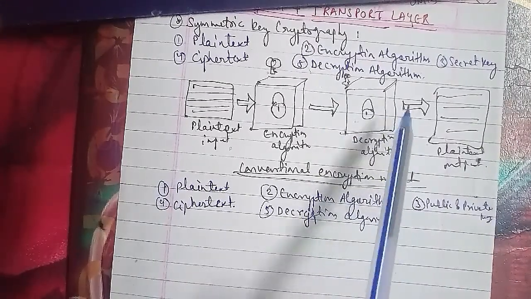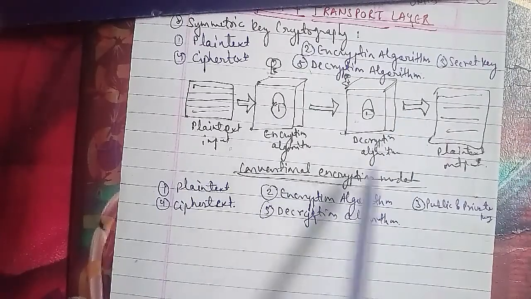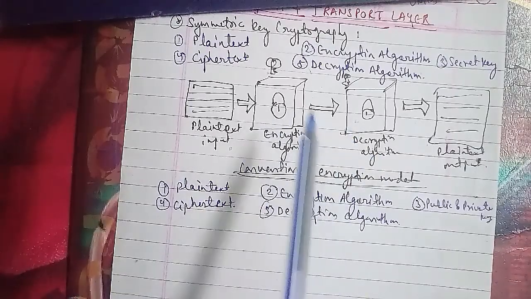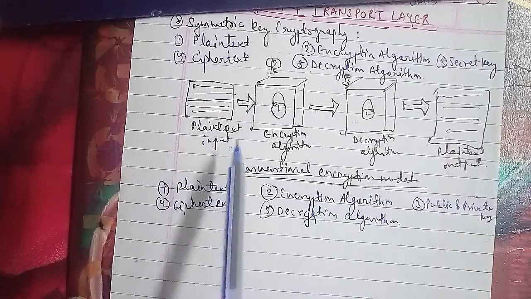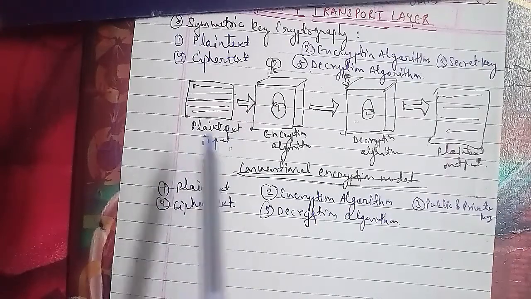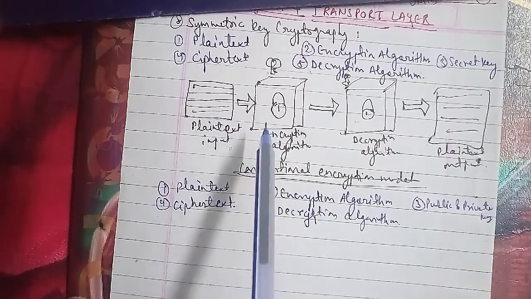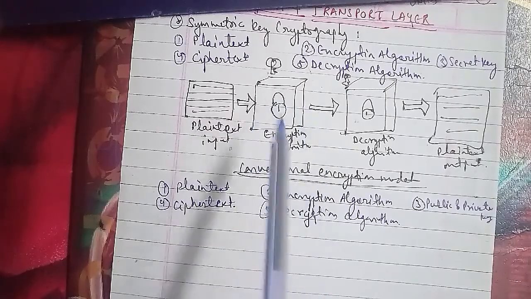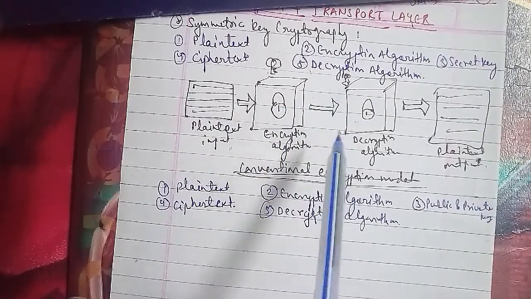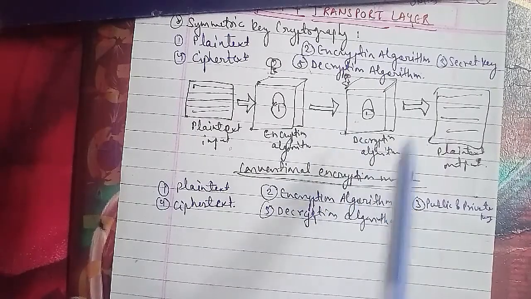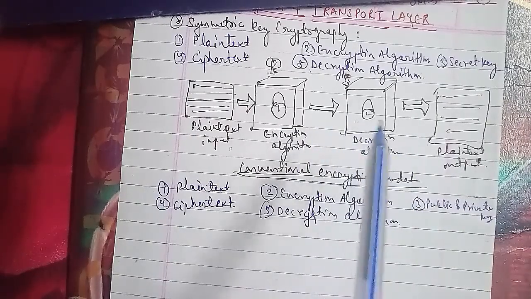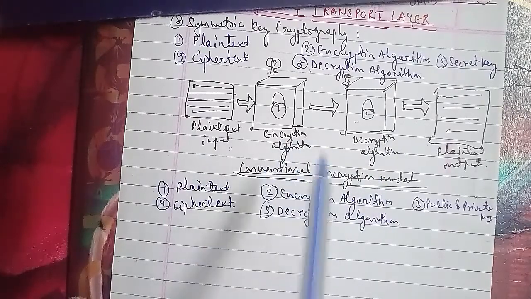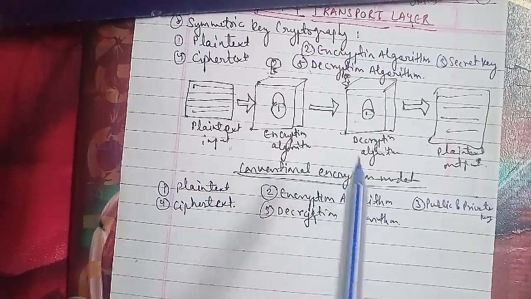The essential steps are the following. Each user generates a pair of keys to be used for encryption and decryption of messages. Each user places one of the two keys in a public register, and this is the public key. The companion key is kept private. If Bob wishes to send a confidential message to Alice, Bob encrypts the message using Alice's public key, and Alice decrypts the message using her private key. The public key is accessible to all participants, and the private key is generated locally by each participant.